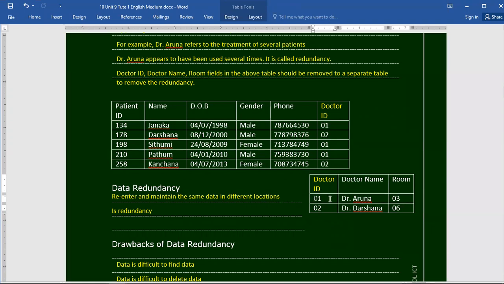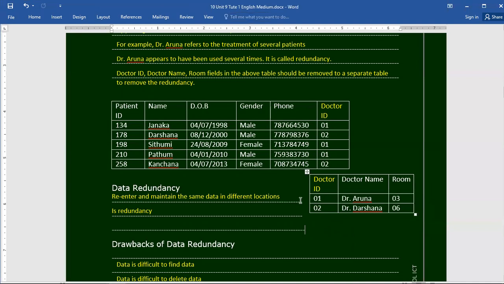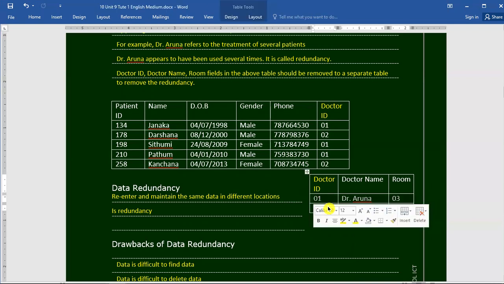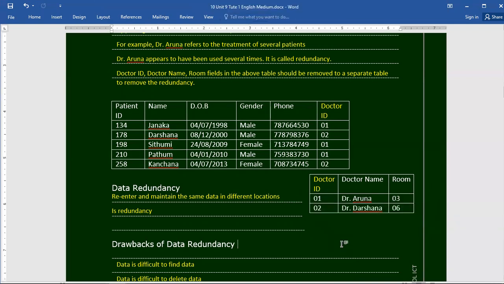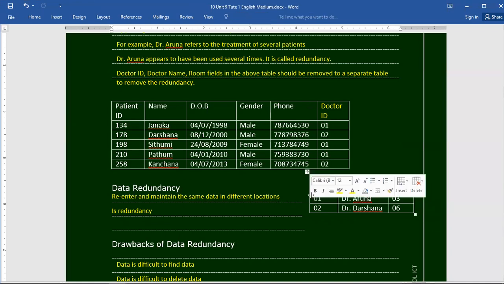Record means the doctor's ID, doctor's name, doctor's room, and this row is unique for Dr. Arjuna. Record means this row. This row of data can be uniquely identified using this doctor ID. That is why we call the doctor ID the primary key.